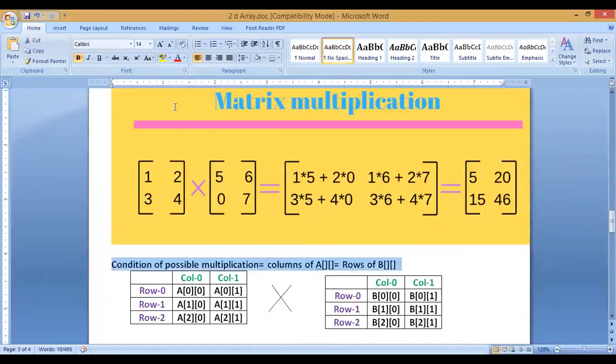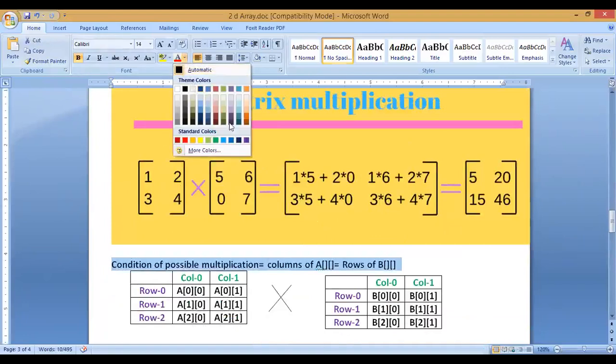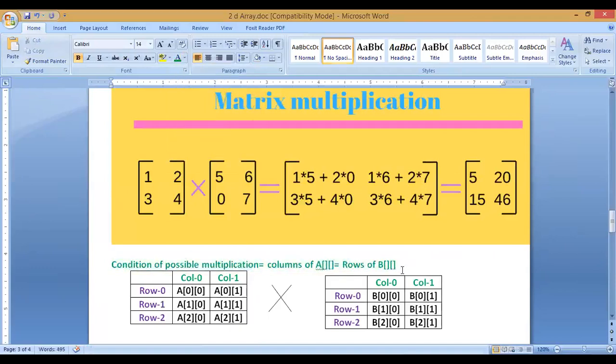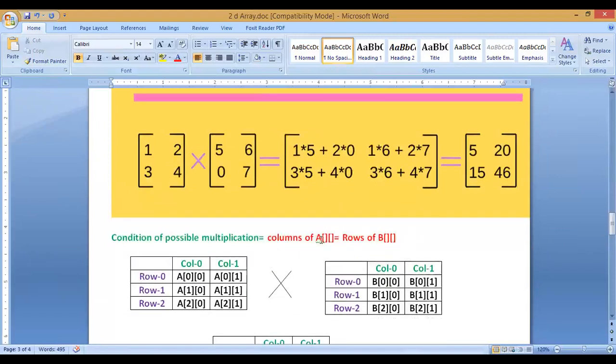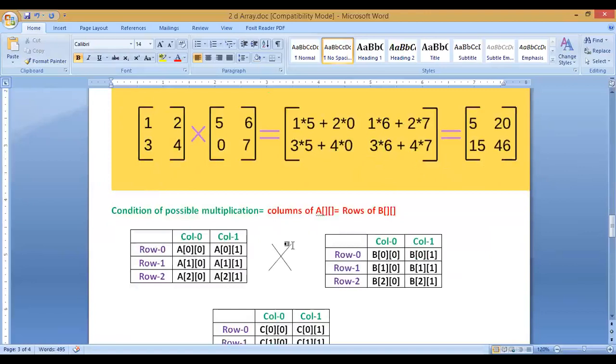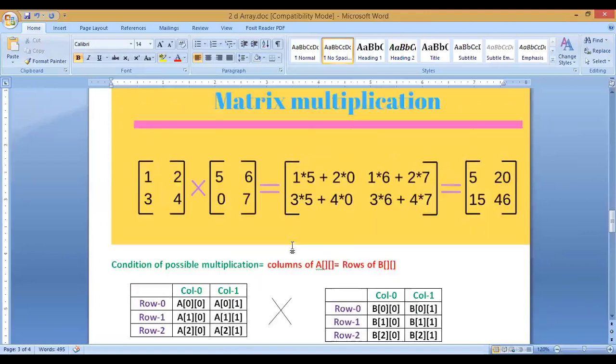And that mathematical condition is, suppose we want to multiply two matrices, matrix A and matrix B, then those matrices can be multiplied only if the columns of A are equal to the rows of B, right? This rule must be known to all of you. This is the mathematical rule. There is no derivation or deviation in this C language. We have to follow that mathematics simply, and we have to convert it into a program. Okay. So columns of A must be equal to rows of B. I have taken here a square matrix, but it can be done in general. So in the program I'll show you in general, but here as an example I'm showing this simple mathematics.